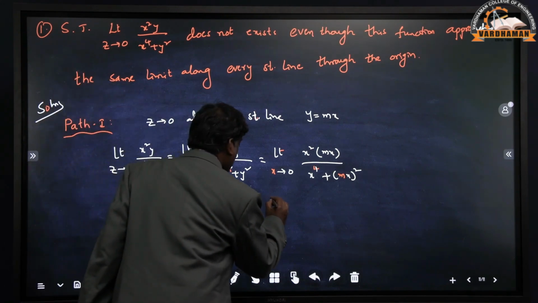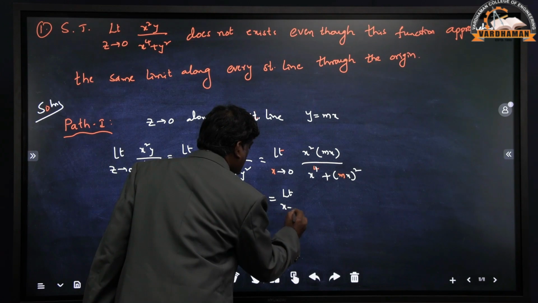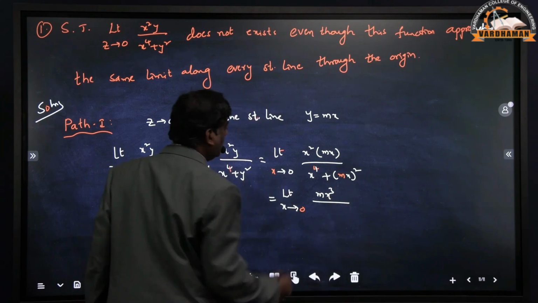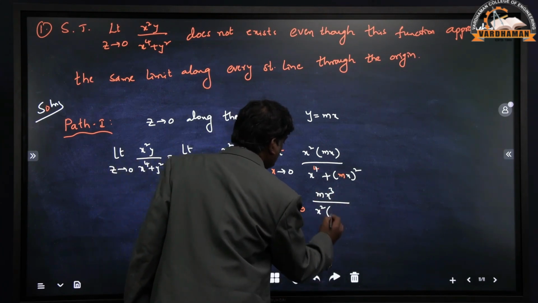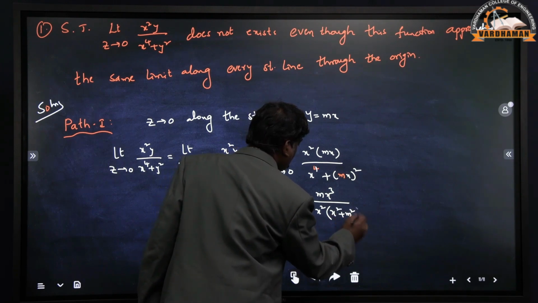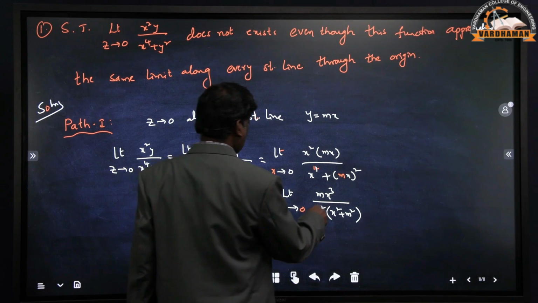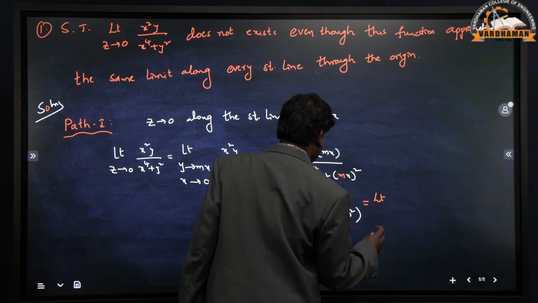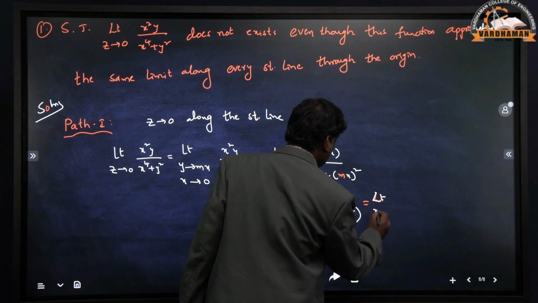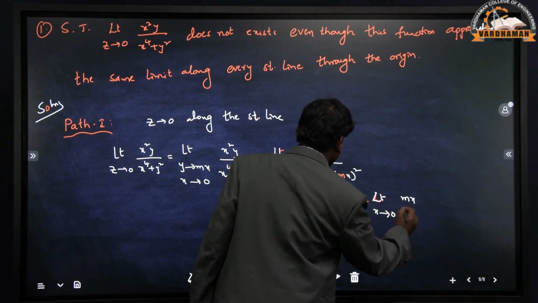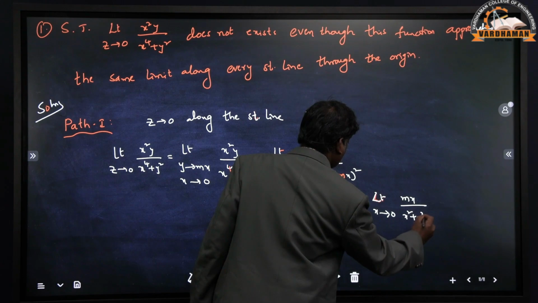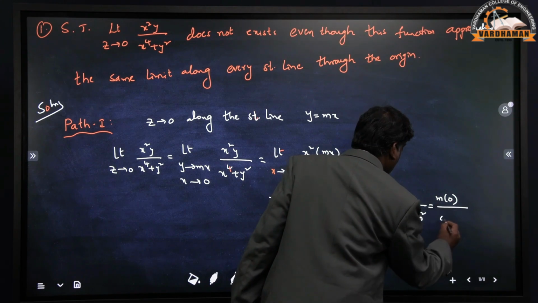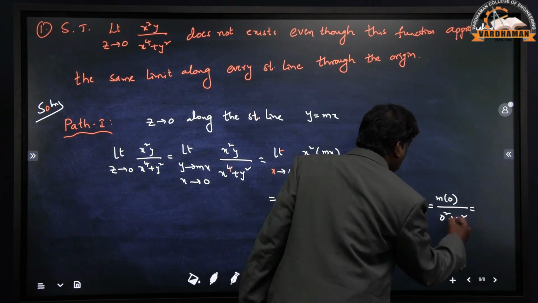Now this equals the limit as x tends to 0 of m x cubed divided by, here x squared is common. If you take x squared common, you get x squared plus m squared. Now the x squared cancels, and the limit as x tends to 0 of mx by x squared plus m squared. Now you apply the limit: m into 0 divided by 0 squared plus m squared, irrespective of the value of m,